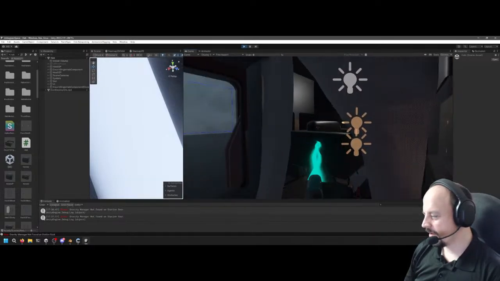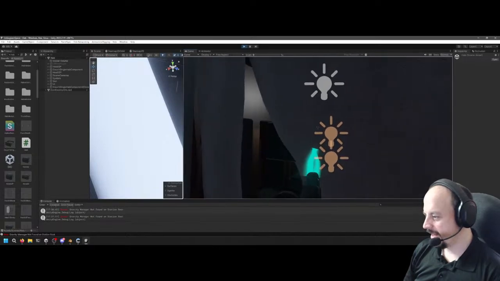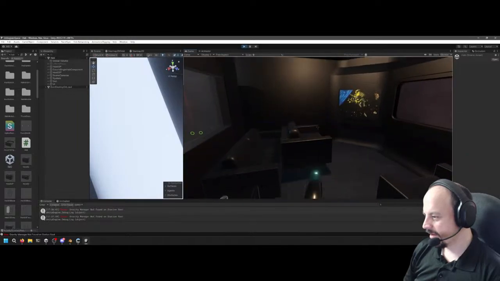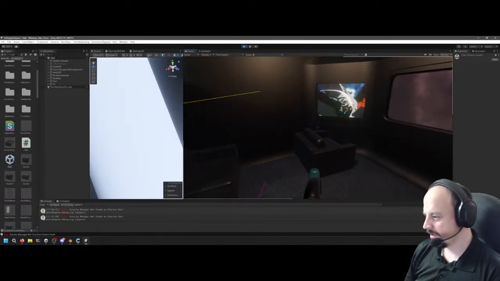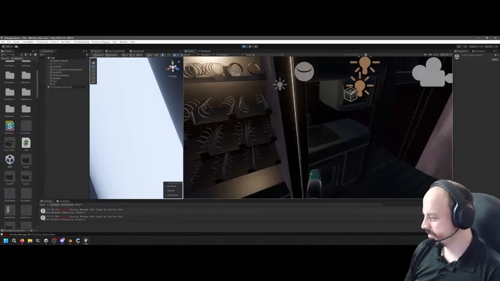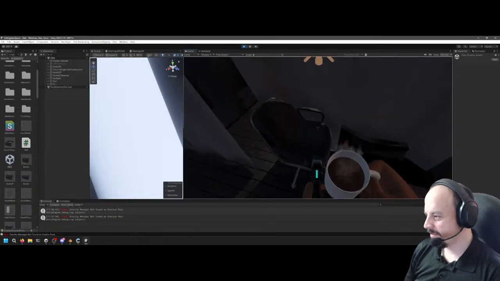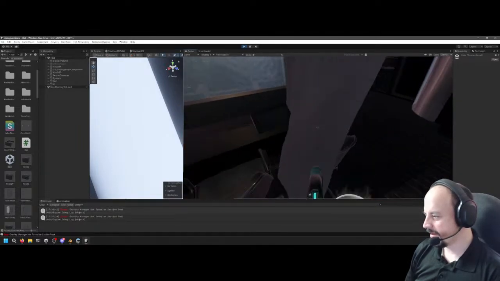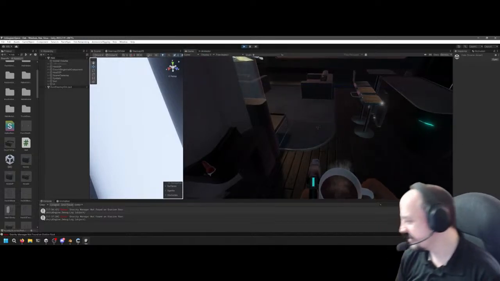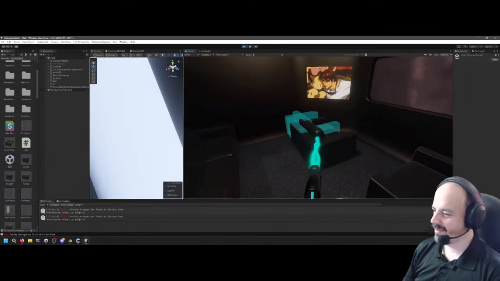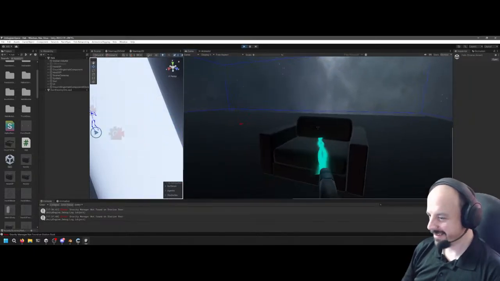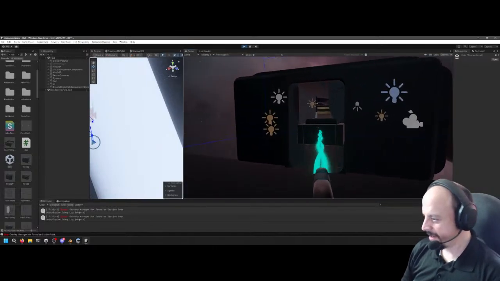I'm trying to go with a very late 70s, early 80s kind of style. And then we can do our thing here. Some Lay's chips. So yeah, the game is definitely coming along now. Gotta build a crate. I don't know if players are gonna have to build their own crates for furniture. Maybe. That'd be kind of funny. That would actually be kind of hilarious.